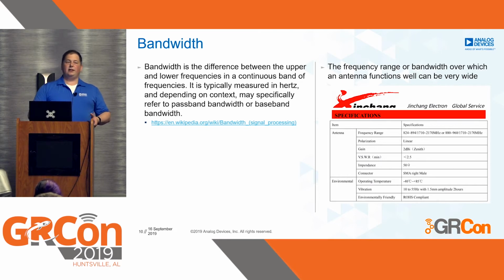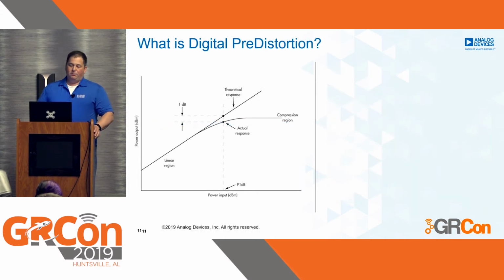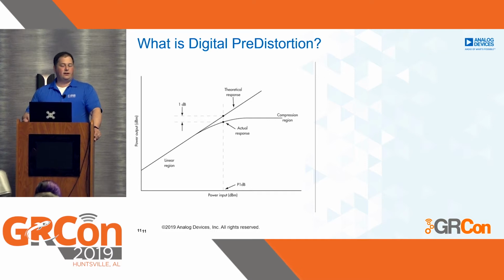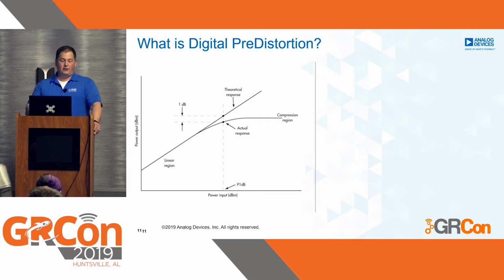And then before we talk a little bit about some more things on the RF side, pre-distortion. Everybody should be familiar with this as a typical amplifier characteristic between power input and power output in dBm. So this is relative to a milliwatt. And as, let me see if I can make the pointer come on here.